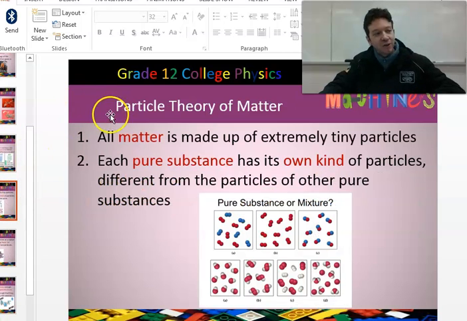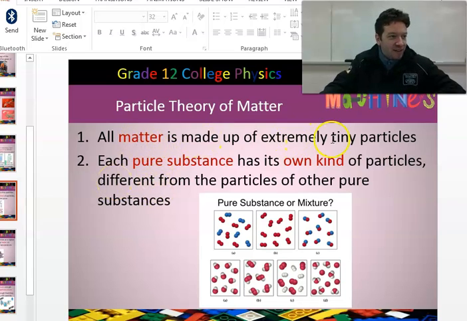Let's continue going over the particle theory of matter, because it's important to understand this to see the differences between liquids and gases, of course, and what will happen to them when we put them under pressure. Number one, all matter is made up of extremely tiny particles. We're good with that. Number two, each pure substance has its own kind of particles, different from particles of other